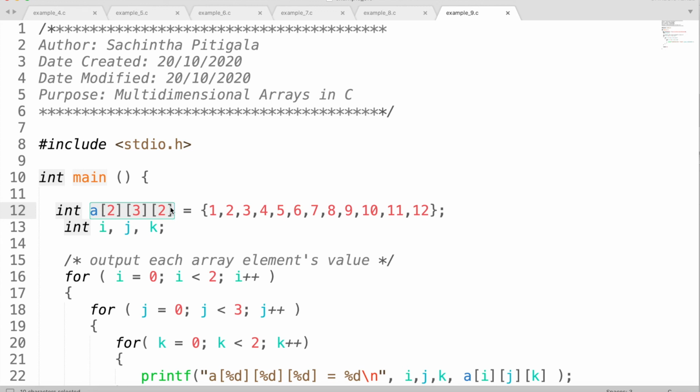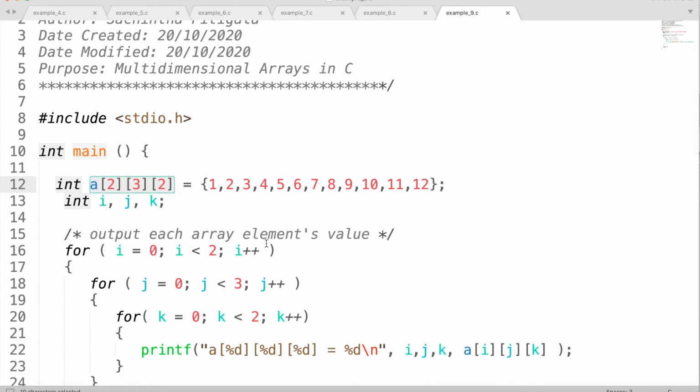So this can look like a cube in your 3D space, right? So if you want, you can extend these arrays into any dimension you want. But basically, if you go for dimensions above 3, it is hard to visualize how the data is stored in this data structure, right? So this is an example of a multi-dimensional array. This is an extension version of the 2D arrays that we have discussed so far.